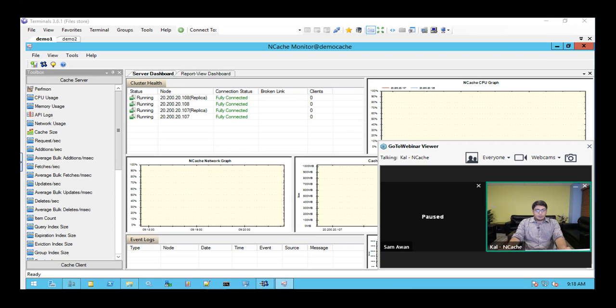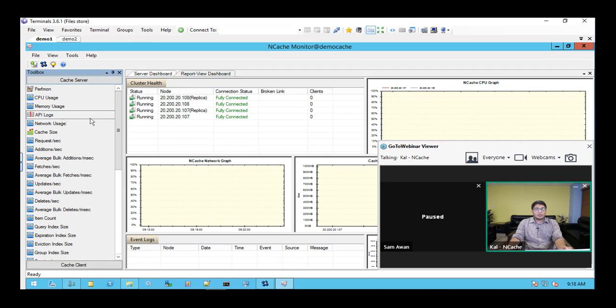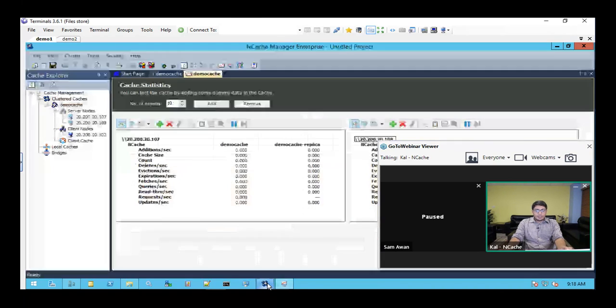So I'm just going to quickly come back to the Encache manager, and here you can actually create your own custom dashboard as well. If you have any certain things that you want to look at, not the ones that are pre-configured here, you can do that as well. You have controls present here under the category of cache server, and then also under the category of cache client. So you can create your own custom dashboards to see only those things which you are actually interested in.